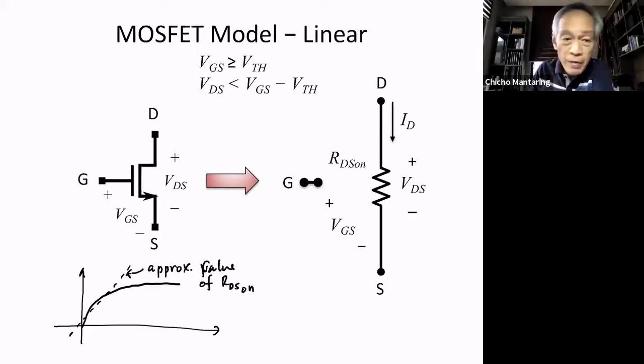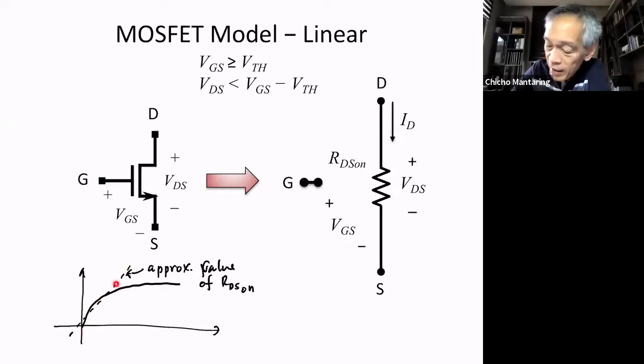That's the approximate value of RDS on. This is the resistance from the drain to source when your MOSFET is conducting. But you will notice that, point by point, there is a different value of that slope. So if you try to approximate a slope